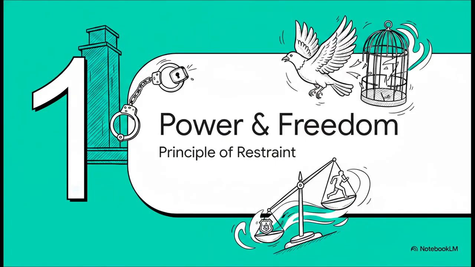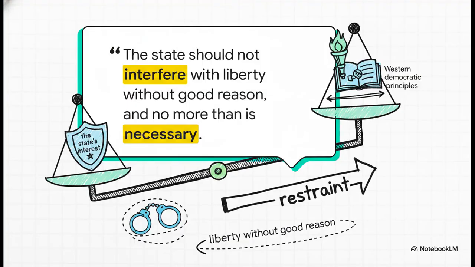All right, Section 1, Balancing Power and Freedom and the Principle of Restraint. We're kicking things off with the philosophical baseline of our entire criminal procedure, that very real tension between state control and individual liberty. The absolutely crucial point here is this underlying balance. The state's legitimate interest in prosecuting crime is constantly being weighed against Western democratic principles of freedom. It's kind of like a giant scale. The law really aims to reflect a principle of restraint, meaning even when police are given coercive powers, the fundamental rule is that they shouldn't interfere with your liberty without good reason. And even then, they must use absolutely no more force or interference than is strictly necessary.